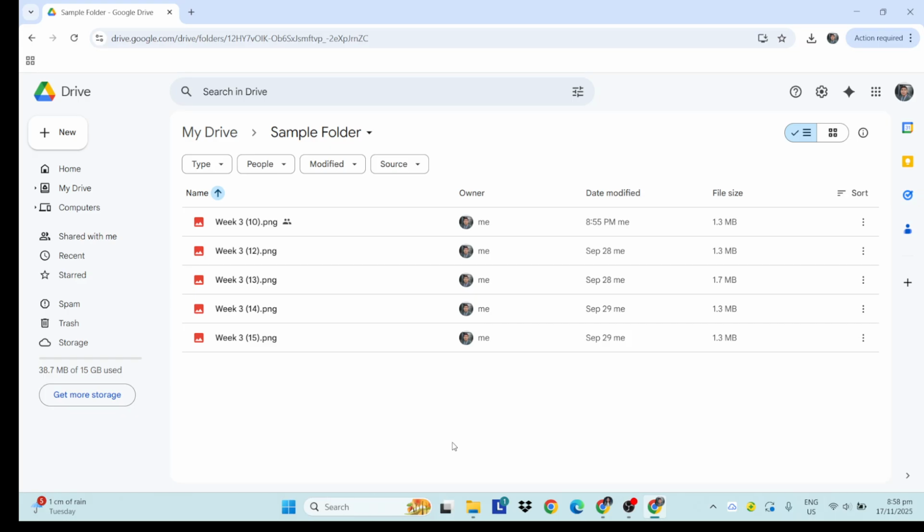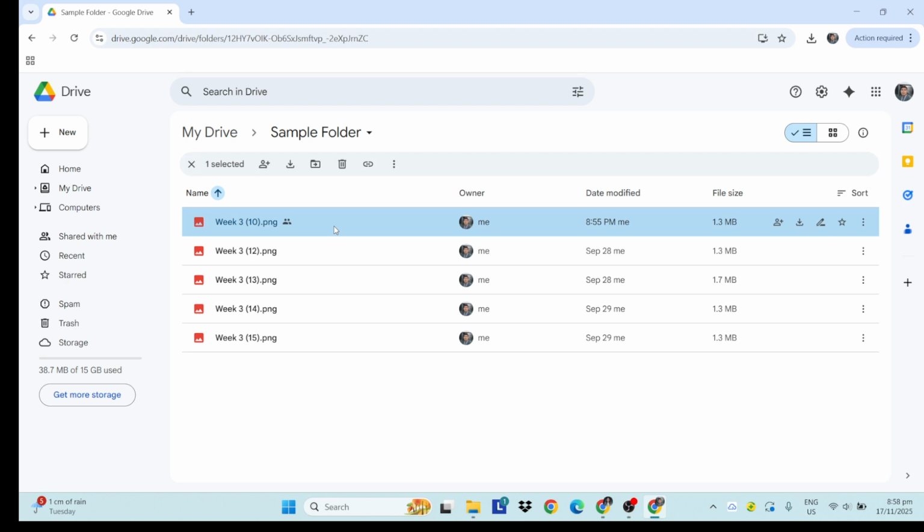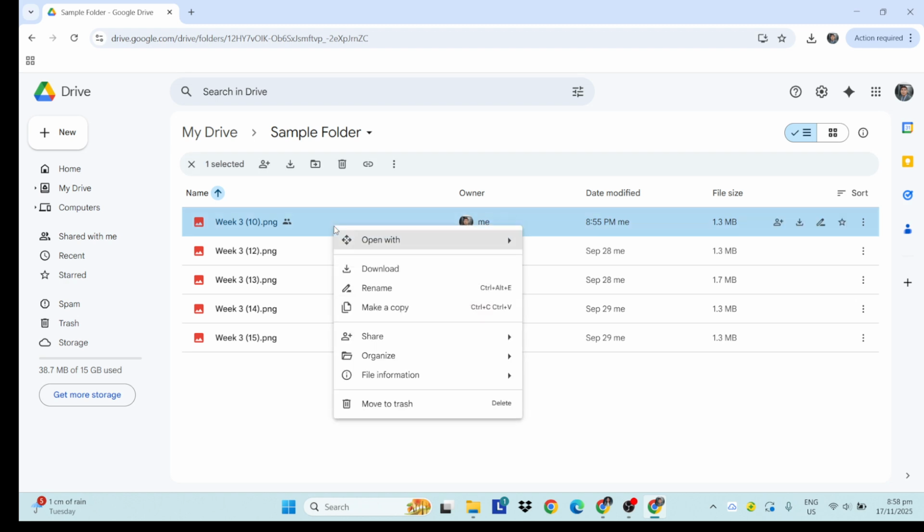Let's start by identifying the file or folder on your Google Drive for which you want to check the permissions. Once you've navigated to that file or folder, go ahead and right-click on it. This action will bring up a context menu where you'll want to select the Share option. Clicking Share will open up the sharing window where you'll be able to see all the current sharing settings at